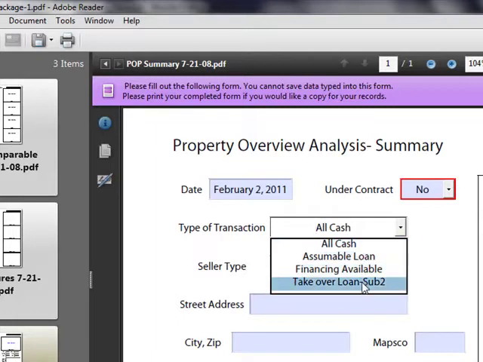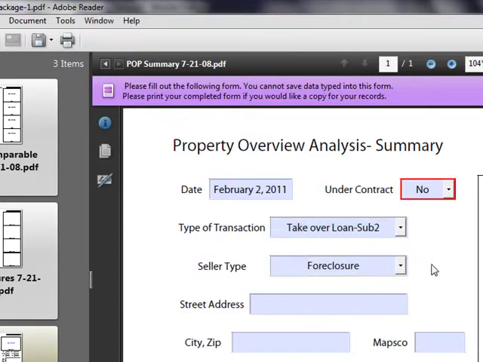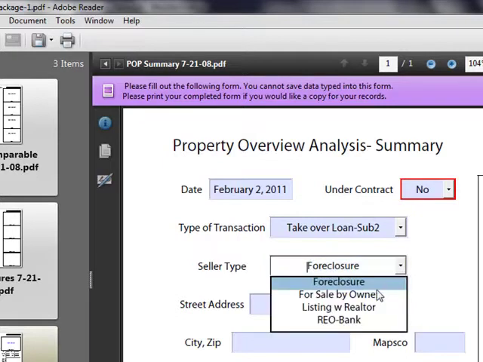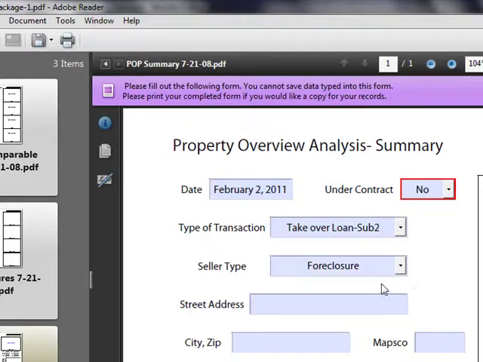It might be a subject to, because it's a mortgage assignment, or it's a property that only has 15% equity. The seller type: is it a foreclosure, for sale by owner, REO, what type? It's a drop-down box. And then put in the address, and put your caps on. You can put Mimosa Drive,